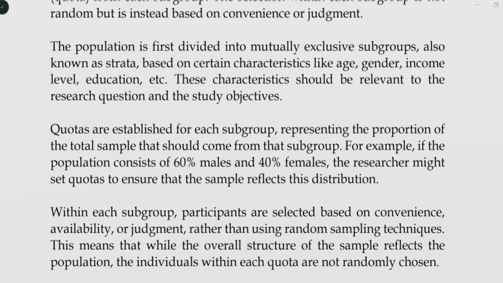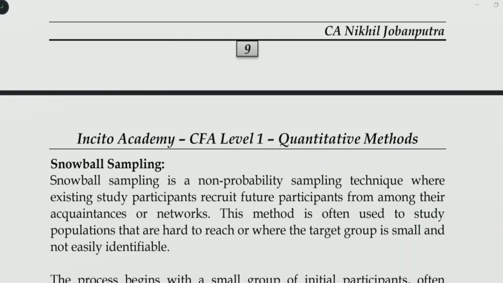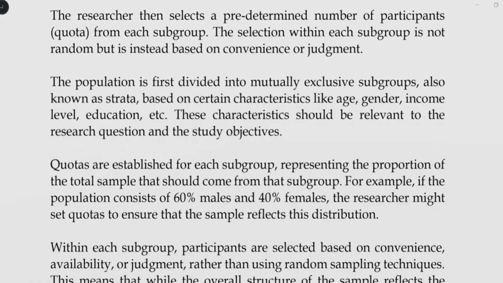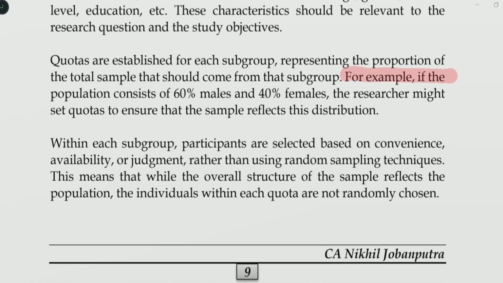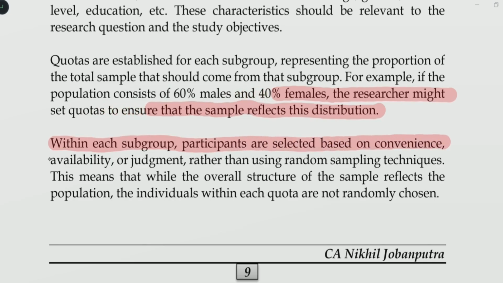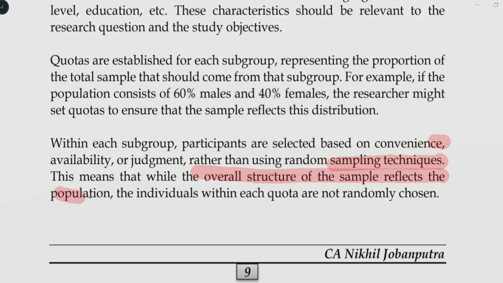Now, if we can take an example over here, like say, for example, if the population consists of 60% males and 40% females, the researcher might set quotas to ensure that the sample reflects this distribution. Within each subgroup, participants are selected based on convenience, availability or judgment rather than using random sampling techniques. This is the most important characteristic of quota sampling. This means that while the overall structure of the sample reflects the population, the individuals within the quota are not